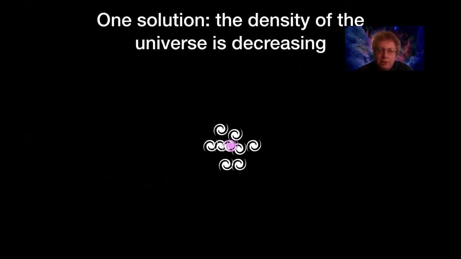So how do you fix this? How does your model of the universe have to change to take into account Hubble's measurements, and also to take into account the fact that general relativity predicts that there should not be static solutions to the universe? One solution is to imagine that the density of the universe is decreasing. So how much matter you tuck into the same area is decreasing over time.